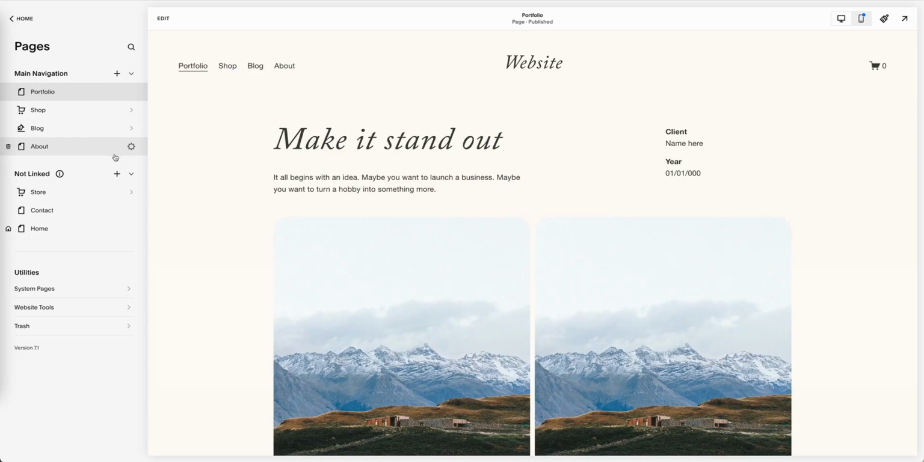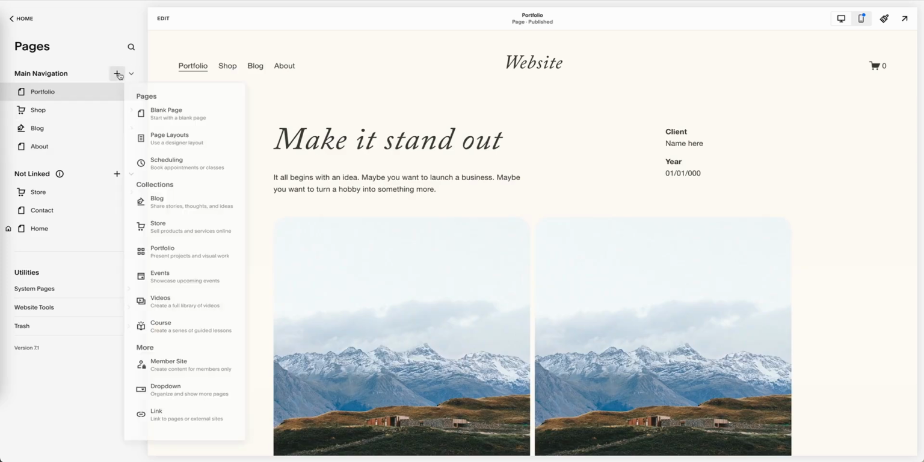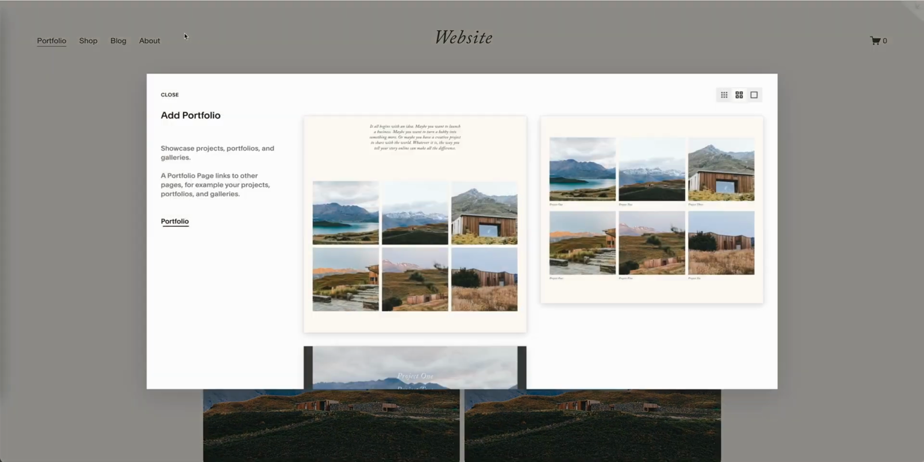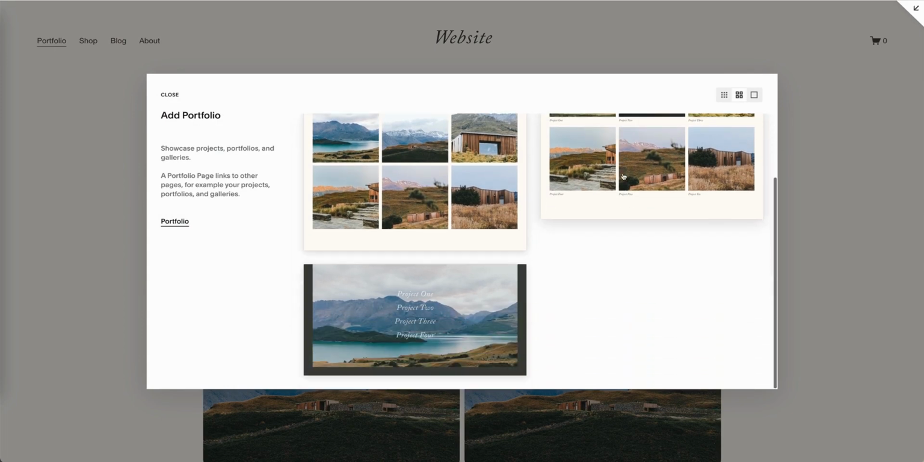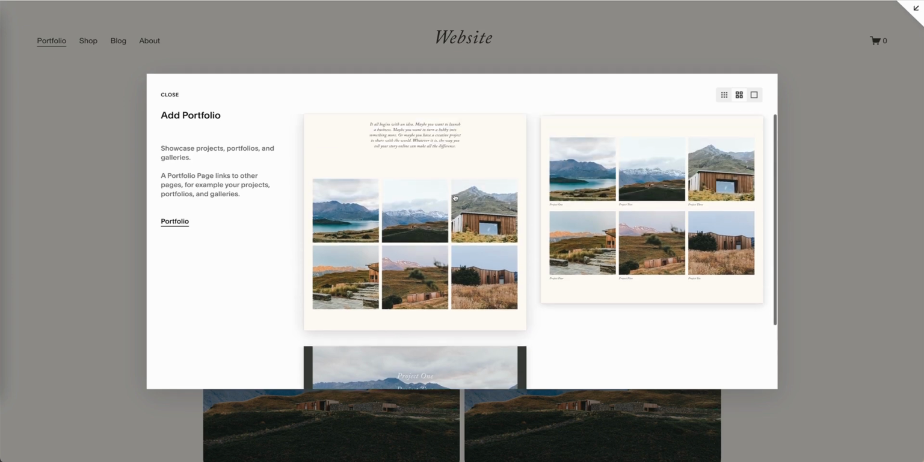Another way would be adding a portfolio through the portfolio collection. So you can access this through the main navigation or the not linked. Either will work. If you add it to the main navigation, it's going to put it up here in your main navigation. So when you hit add portfolio, you're going to see different ways that you can display your projects,